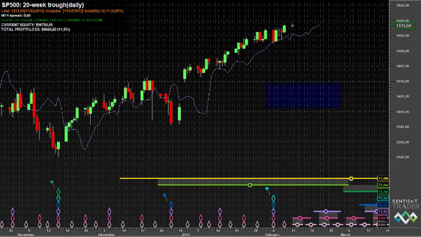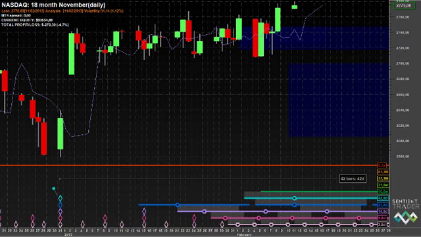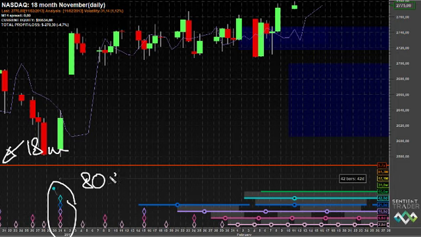Let's take a look at the Nasdaq. Now, the situation has been different in the Nasdaq, of course, because we are tracking the alternate analysis here, which has an 18-month cycle trough in November. We can't see that, it's off the left-hand edge of the chart, and an 80-day cycle trough which occurred at the end of December